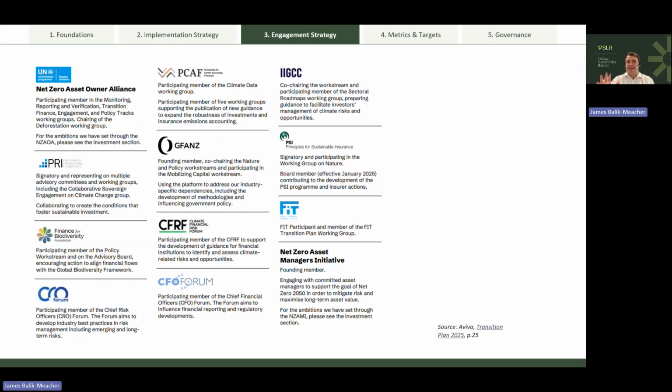Generally, this is quite a boring section to read. We struggled to find a nice, pretty screenshot to show you for this one. This is from Aviva's report, so I'd highly recommend, if you haven't read it, have a go and look at this report. They're often held up as one of the shining lights of transition planning. They were one of the first adopters of that TPT framework over in the UK. What they've done quite well is map out all of the different engagements that they have as part of this pillar. You can see there's a lot there.